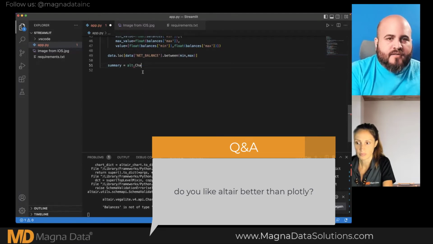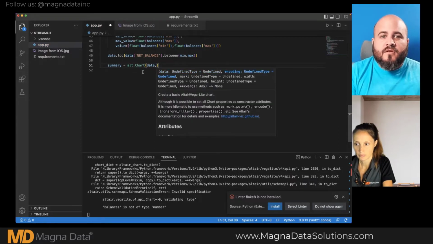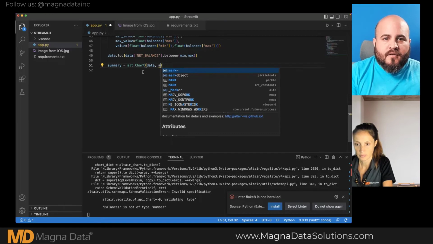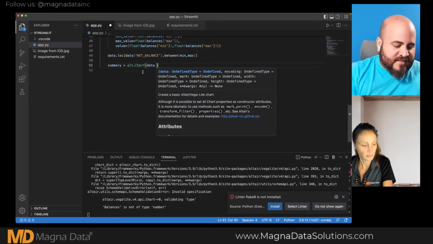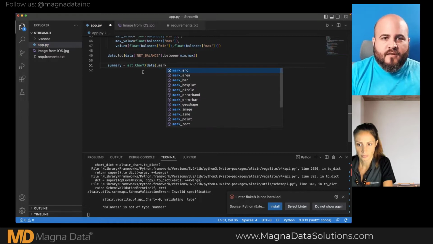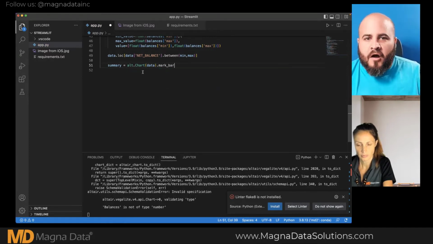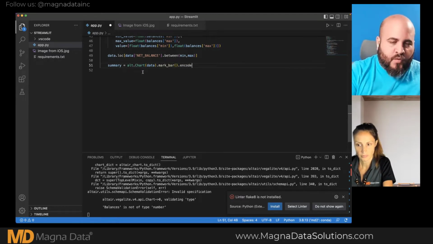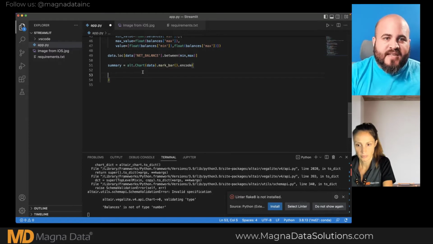So I'm going to add the chart, and I'm going to use data, and then I'm going to say mark. I'm going to say mark bar dot encode, and in the encode is where you provide the information. And I'm going to say that my x equals,